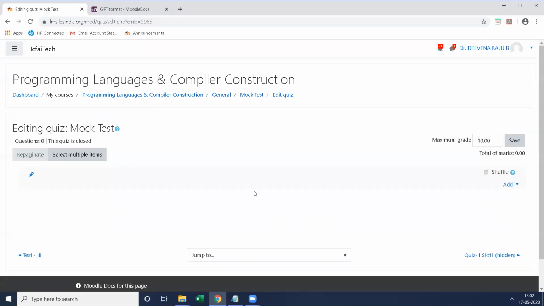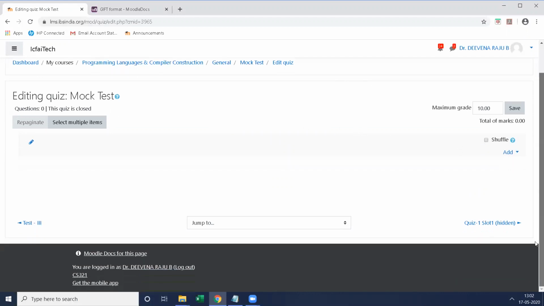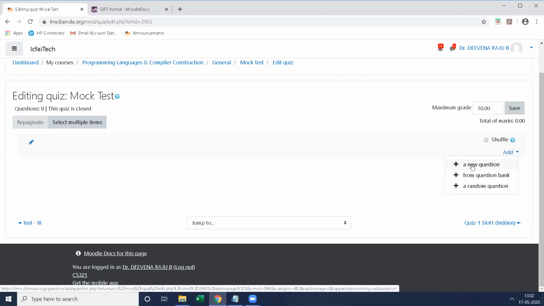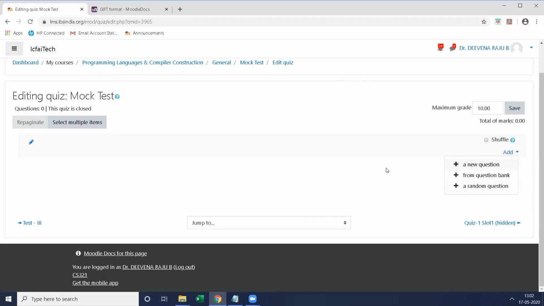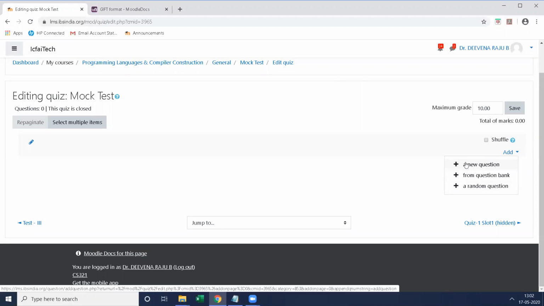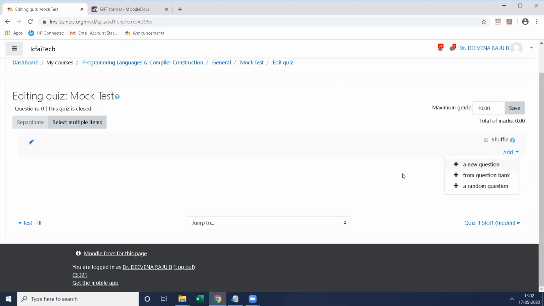If you click edit quiz, it is going to show this particular page. Within this page, you can see an add option. Click that and it shows three different options: a new question, from question bank, and a random question.